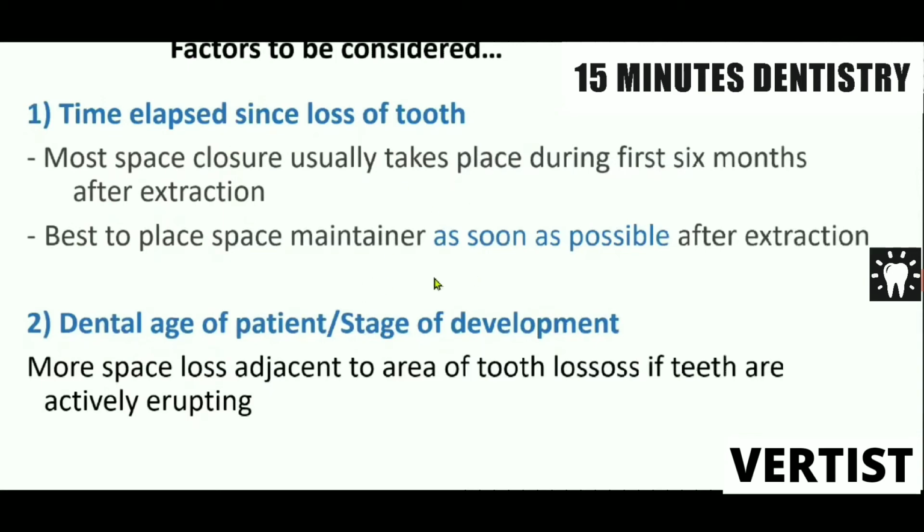The first factor is time elapsed since loss of the tooth. It has been found that most space closure usually occurs in the initial couple of months after the extraction of the tooth. The significance of this statement is that we have to place the space maintainer as soon as the tooth has been extracted. Because if you think of placing the space maintainer after 2 months, after 3 months, come back after 1 month, come back after 3 months, in fact, this is going to cause some amount of tooth